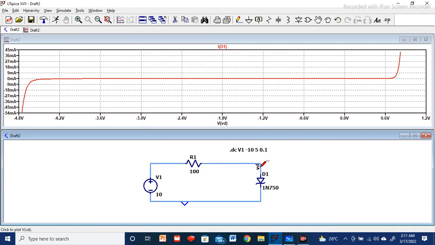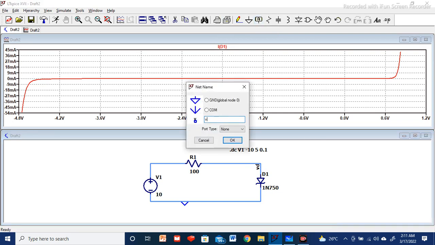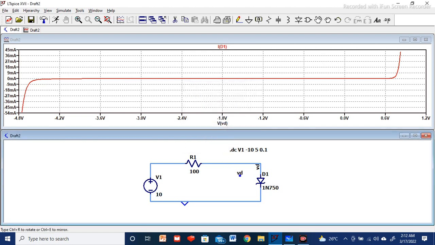One thing we have to do is the net labeling, because we need the voltage across the D1 diode. So use the label net option. Here you can type a small vd, whatever you want to type. We have to remember that the same name we give here should be given at the time of plotting the curves. Once you type here and press OK, now see this VD is ready. You can place it here to get the potential available near the diode. I have already placed this VD here.